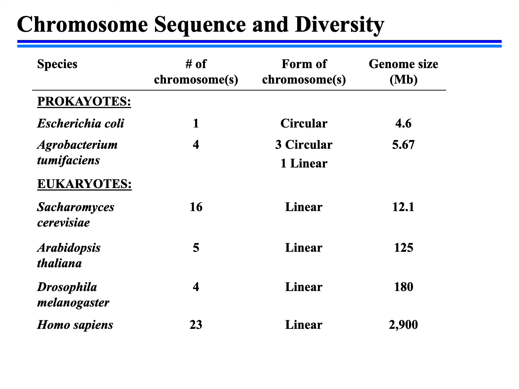In addition, in the next column, you can see some characteristics as far as the structure of the chromosome. For prokaryotes, most have a circular chromosome, whereas most eukaryotes have linear chromosomes. And then in the last column, you can see this great variation in genome size, which just means how many bases